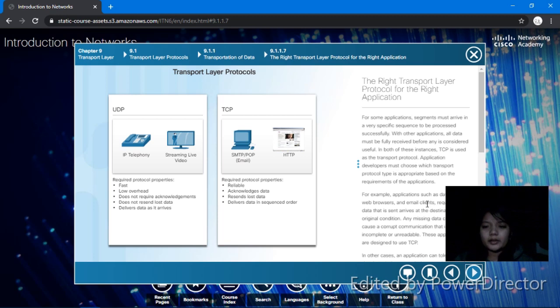The right transport layer protocol for the right application. So let's focus on this figure. Let's go first to UDP. IP telephony and streaming live video require protocol properties: it must be fast, low overhead, does not require acknowledgement, does not resend lost data, and delivers data as it arrives. So for TCP, the required protocol properties are